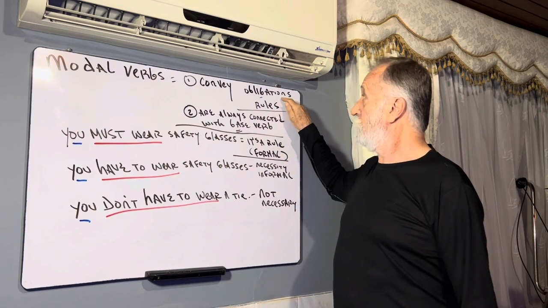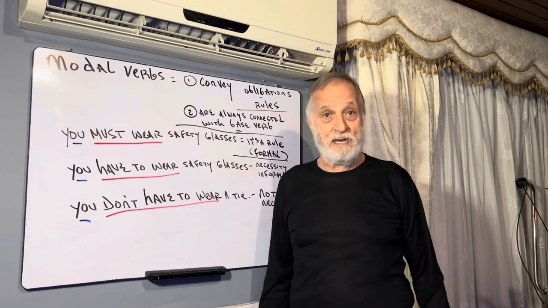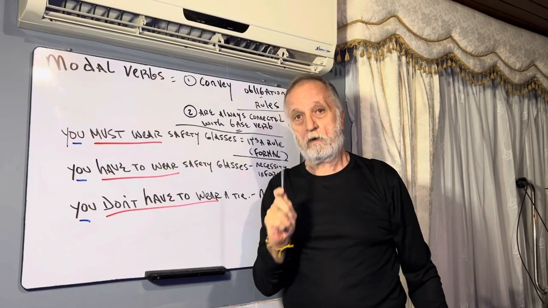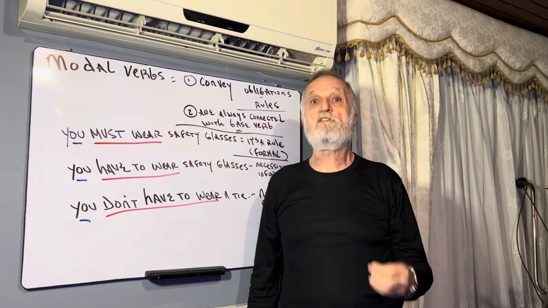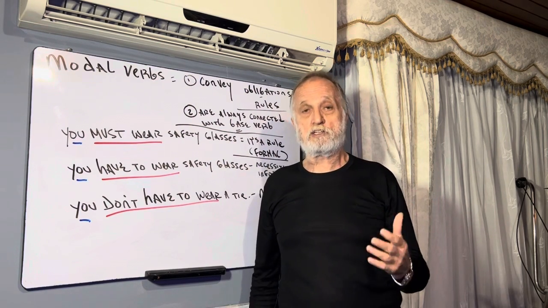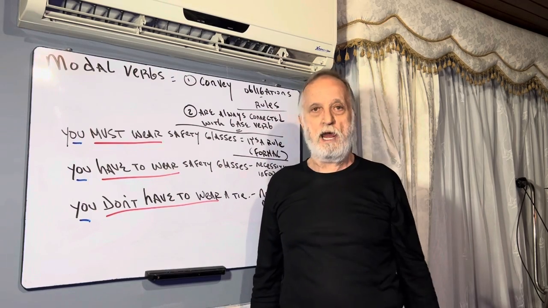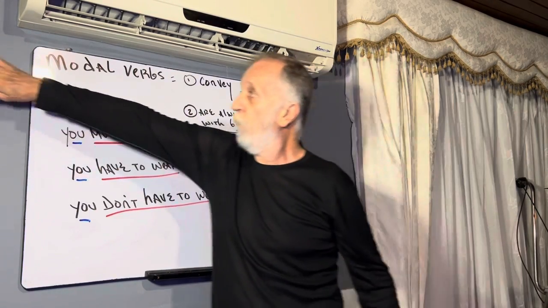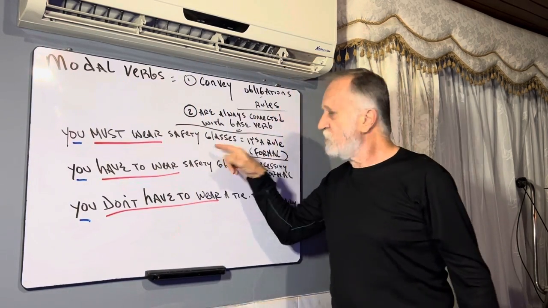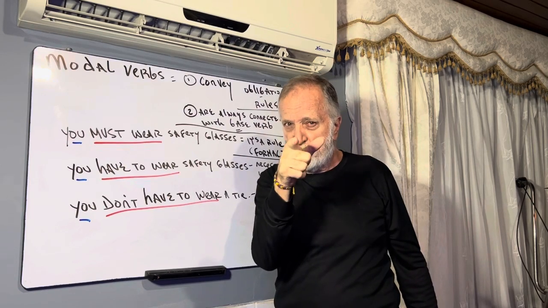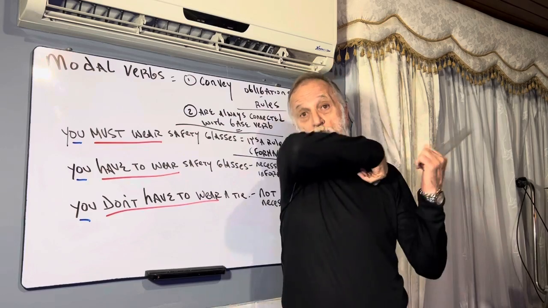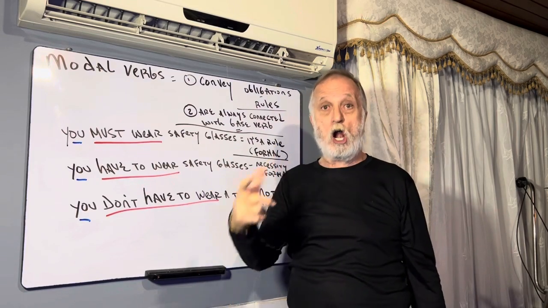Must is an obligation. It's mandatory. This is what happens. If you don't do it, there are consequences. Must is a formal word. If you go in to an industrial complex and you walk into the plant, you will see on the wall signs. You must wear safety glasses. You must. It's formal. Must. You must wear a seatbelt when you're driving a car.